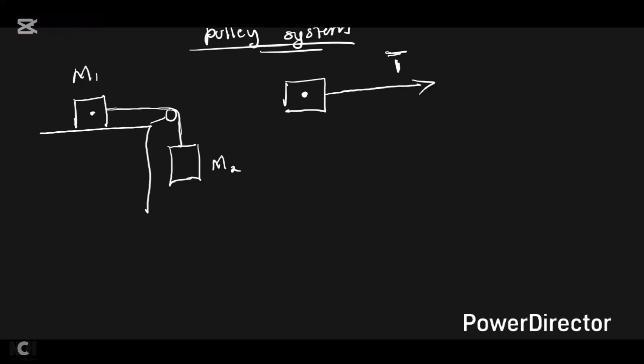Then it depends. Sometimes they'll say that there's a friction force between this M1 and the table. So let's start with the one that is frictionless. If they say the M1 and also the surface of the table are frictionless, meaning there's no friction, how are you going to make the